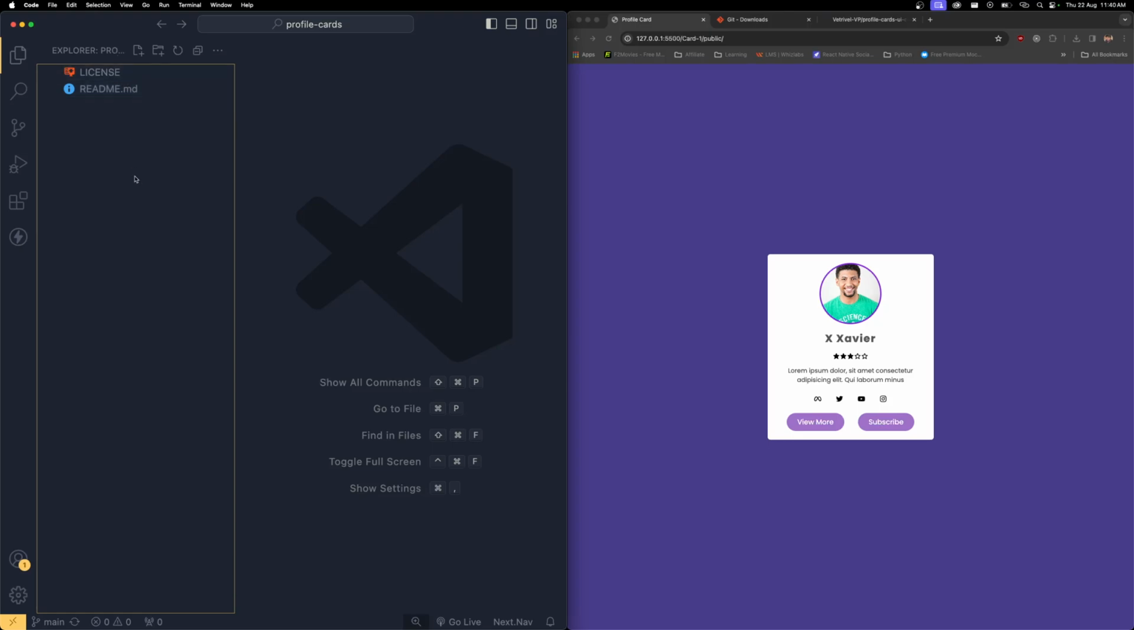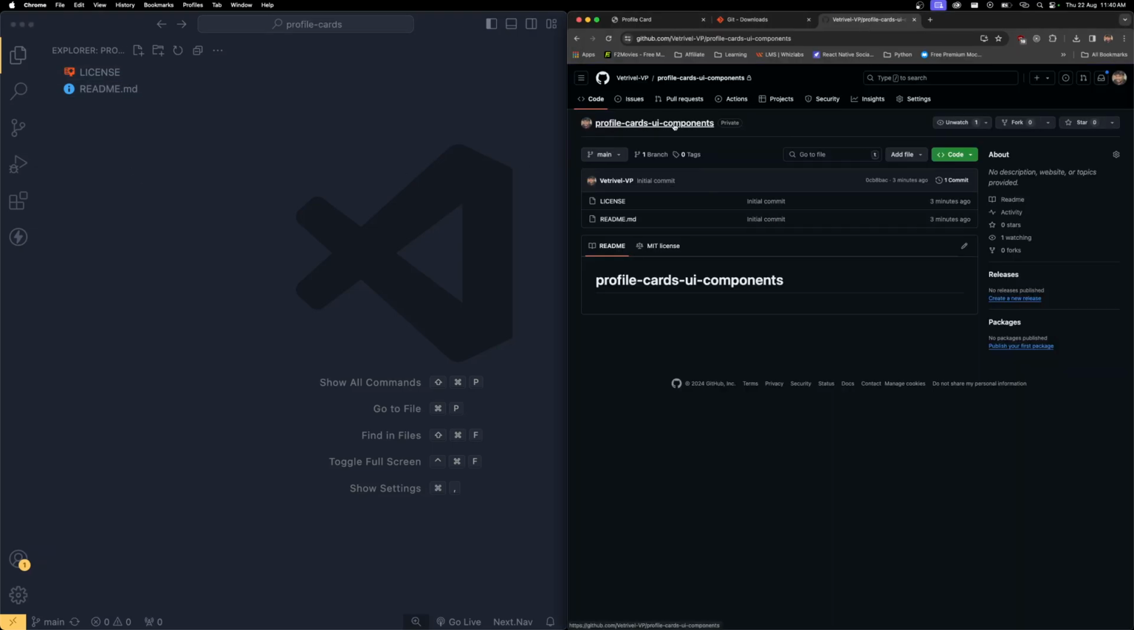This is going to be our root folder, right? So we created the repository called profile cards UI components, and we cloned it over here. So we already have the license and the readme file. So this is going to be our root folder. So I need to drop a new folder over here called public, right? This is the public,